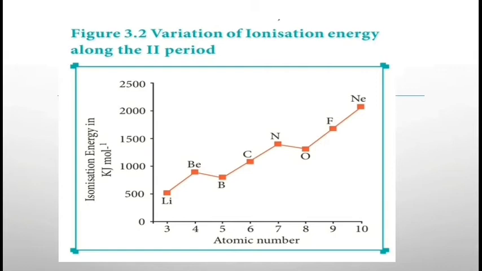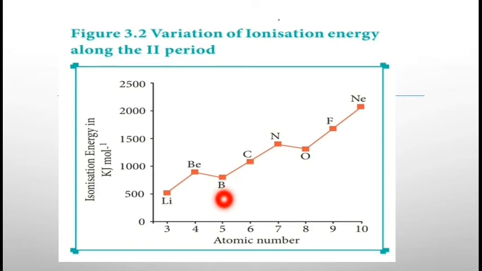For this reason, to analyze this, we have to understand that electronic configuration matters. We already know that the electronic configuration that is half filled and completely filled is stable, isn't it? You can know the electronic configuration of beryllium and boron. The atomic number of beryllium is 4, so what's the electronic configuration? 1s2 2s2. For boron, it is 1s2, 2s2, 2p1.